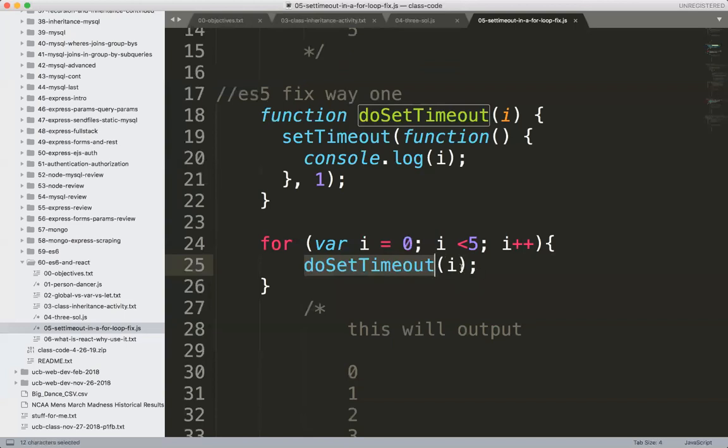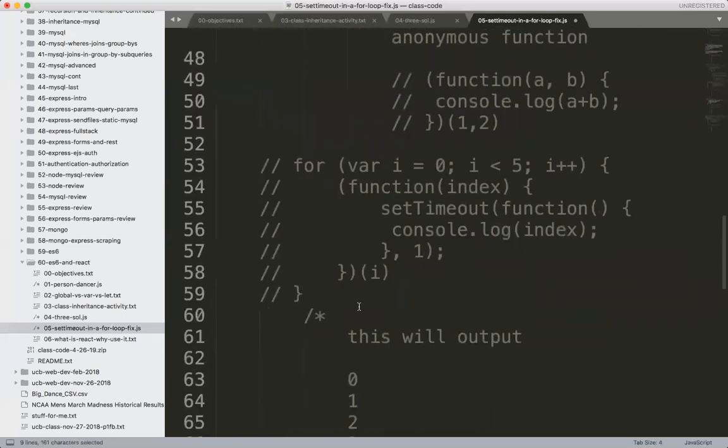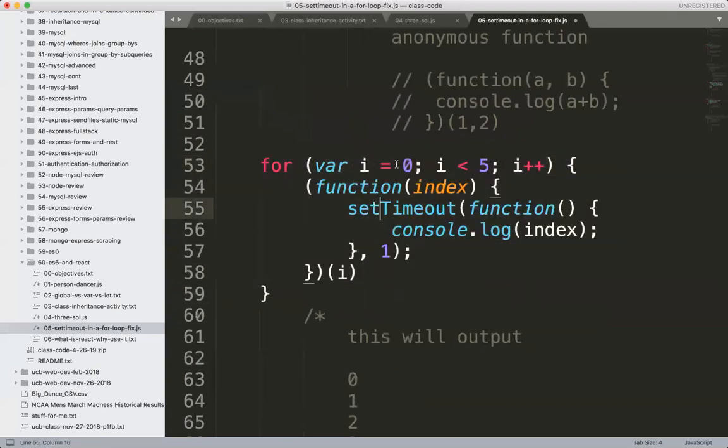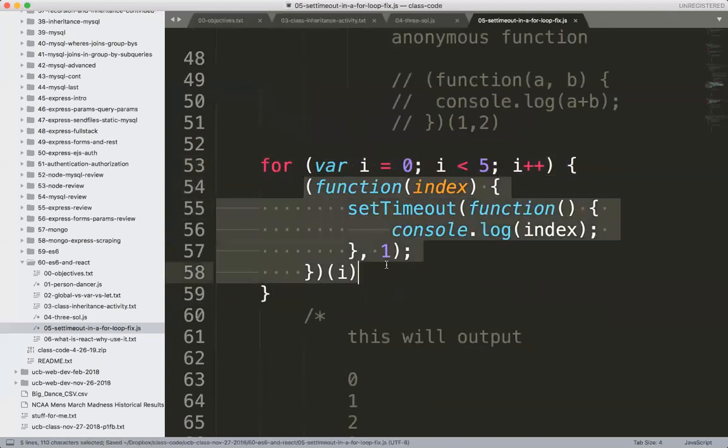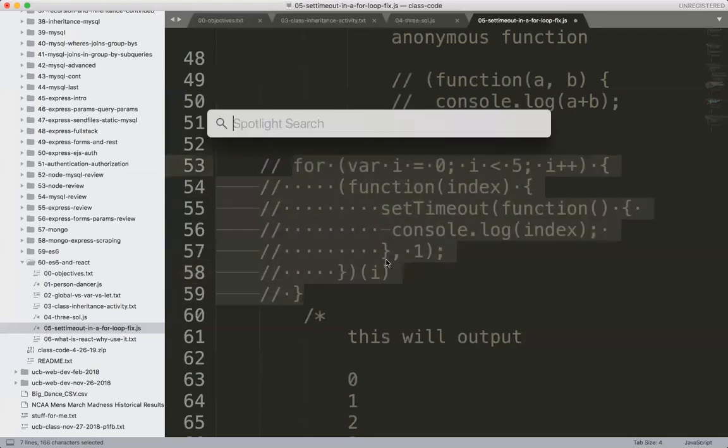When the first time we call this function, i is going to be 0. So this is going to be 0, and then the second time is going to be 1, 2, 3, 4. So here that makes sense, right? And if I go to the next one, the self-invoking function, it's actually the same way. On the first one, this anonymous function executes, and the value is going to be 0 on the first iteration, and then the next iteration is going to be 1, 2, 3, 4. Go ahead, Fernando. Yes. Nice, good, that's great. And then the weirdest one is, I mean,